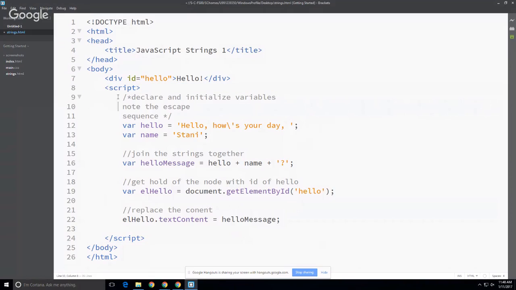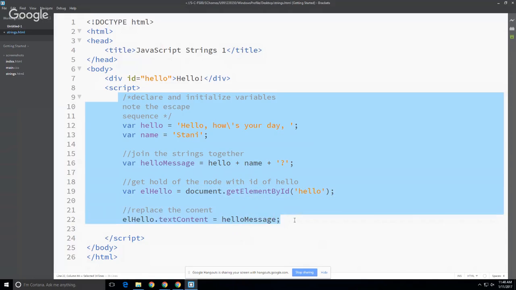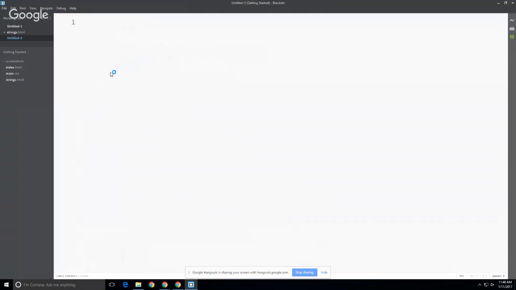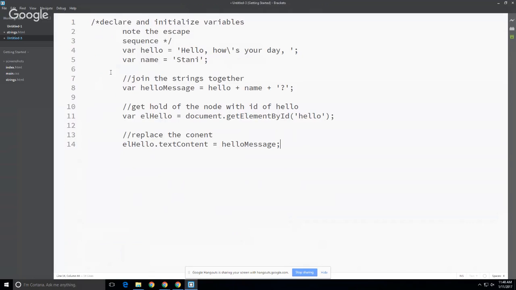So the JavaScript is everything inside the script tags, but not including the script tags. The script tags are part of the HTML. So I'm going to grab here all the JavaScript and then Control X, and then open a new file, Control V. This is all JavaScript, and then save this file as